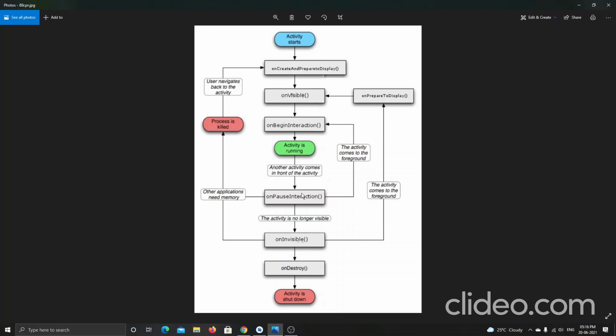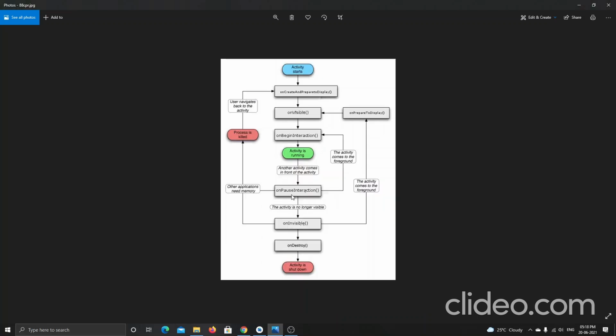After onPause, if it goes to onVisible, sorry, in onPause we will be pressing the home button, but in the onVisible state we will be pressing the back button, which kills the application. Like it stops all the working state of the application. It just goes here, and the process will be killed. And then if I want to start the application, it will start from the beginning.